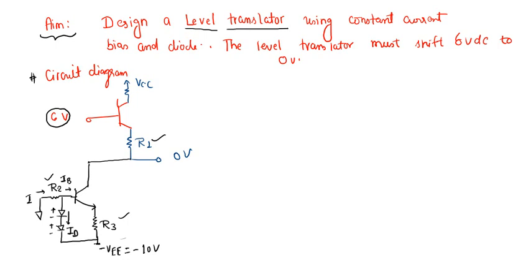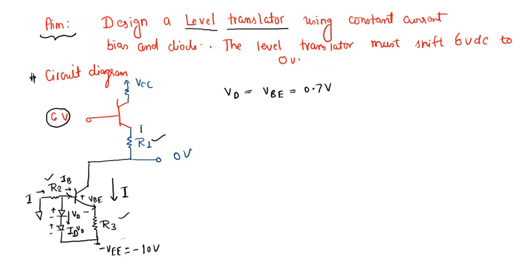So here we are assuming that the voltage drop across these diodes is VD, they are forward biased, and the voltage drop across the base emitter is VB. We can assume that VD is equal to VB, which is equal to 0.7 volts. Current through this resistor is I, current through these diodes is ID, and current through the base of the transistor is IB. And we assume that the current through this resistor R3 and R1 is almost equal,